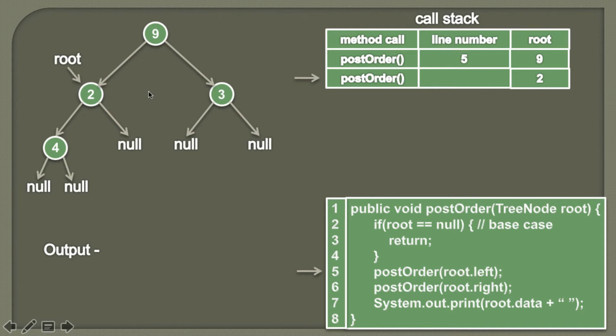And we also discussed in our previous slide that all the 3 steps are applied to each and every node of the binary tree. So before traversing the node 2, we have to first visit its left subtree completely. Therefore we are calling this post order method again with a root as 4, and since we are leaving this post order method, we will update the line number here, which is nothing but 5.